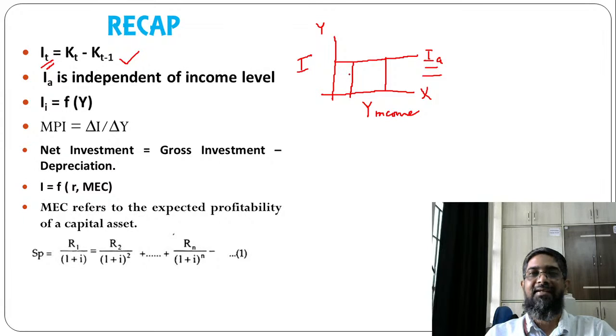Conventionally this is correct. This way we used to show income on the x-axis and investment on the y-axis. Just keep in mind. Okay, so this autonomous investment is independent of income level, which doesn't depend on income, and